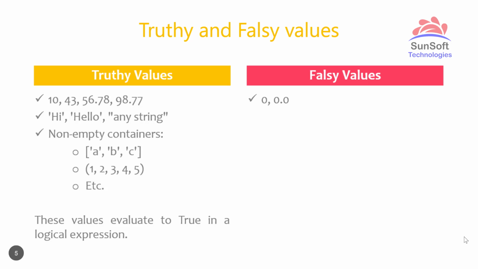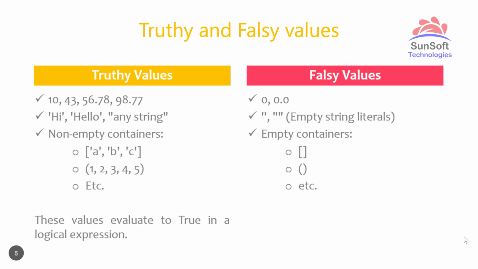In an expression, if you give these values, that is the evaluation in the case where you want a Boolean evaluation. Not in an integer evaluation, or where you're adding, it depends on which operator you're using. If you're using an arithmetic operator, then obviously the result will be in terms of arithmetic only. But if you're using a comparison operator, in that case it will turn to false. Then we see empty strings. The first string literal is actually single quotes and the second one is double quotes. It is empty, it does not have anything, that's why it looks like a single double quote, but that is not the case.